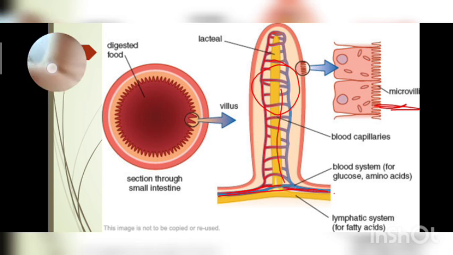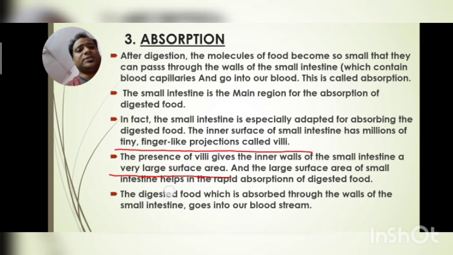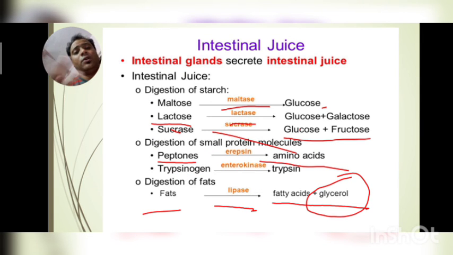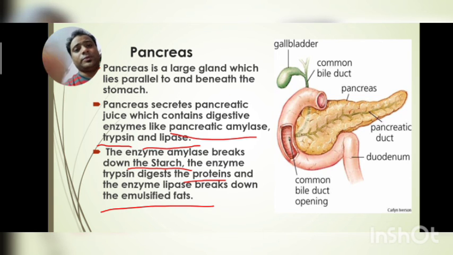So till now, just go through it in your book, read line by line and start memorizing all the processes, especially those in which carbohydrate is broken down, how protein is broken down, and what happens to the food inside the stomach, in the small intestine, in the buccal cavity. Questions can be asked on anything. Okay, so just go through it and practice more.